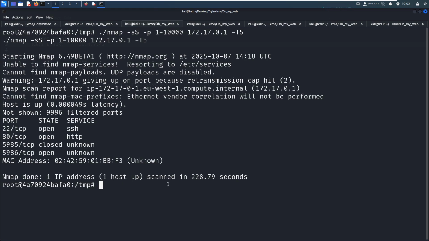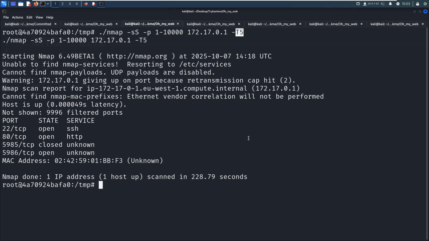All right, I'm back. As you can see over here, in order to make this process faster, I changed the -p option, the port range to scan. I also put this option to make it even faster. From the results we can see we find this open port